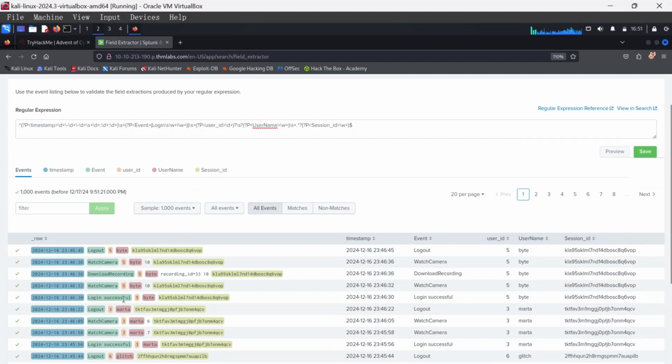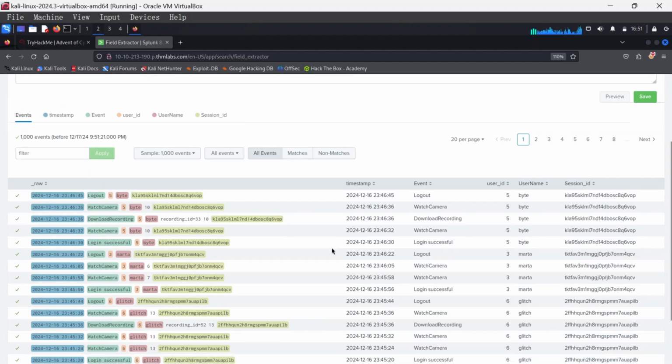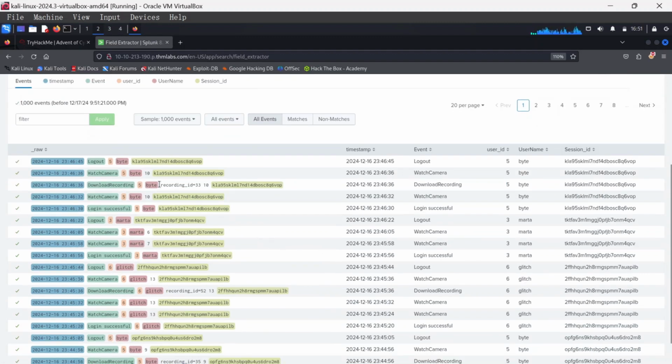Then when we come to login successfully, see it's putting it together. And then over here, after the username, if there's anything, we'll put it as a wildcard, and that's why we see over here there is 10, separating it from the session ID. Since we've seen that this has resolved our issue, over here you can even see where it says recording